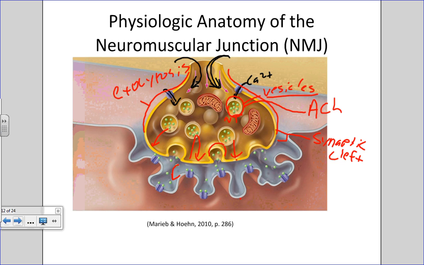And this picture doesn't really do this process a lot of justice. Okay, this does not really do this a lot of justice at all. I say that because there are so many more synaptic vesicles here than you can see, and there's so much more acetylcholine involved as well. Normally when you would be watching this process in action, you would see these vesicles fusing, and then you would see thousands and thousands of acetylcholine neurotransmitters diffusing down this synaptic cleft towards the membrane